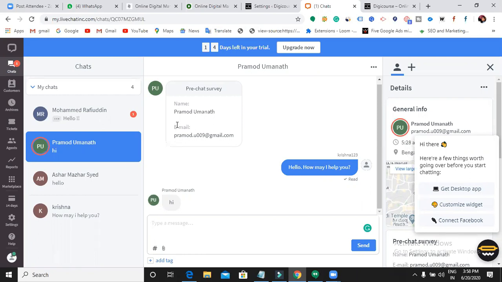Yes. For premium options, can you see here, it is a 14-day free trial. If you go for the paid version, you will have a lot of features. So you can assign. There it will show you. Can you find out for whom I haven't given a reply, and for whom I gave a reply?